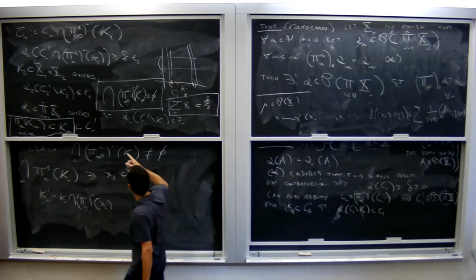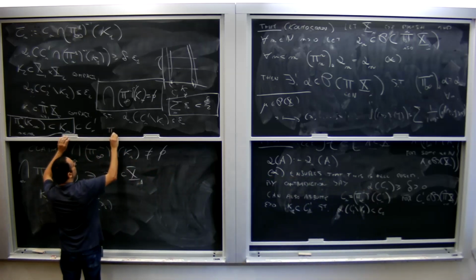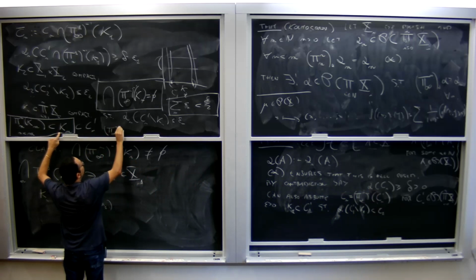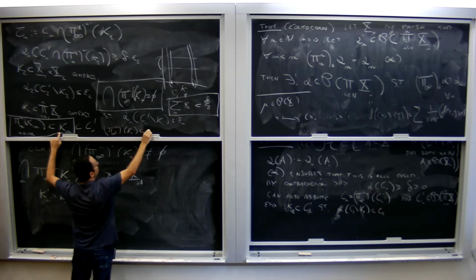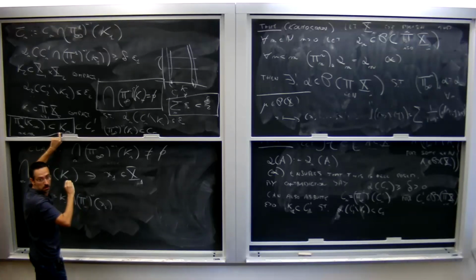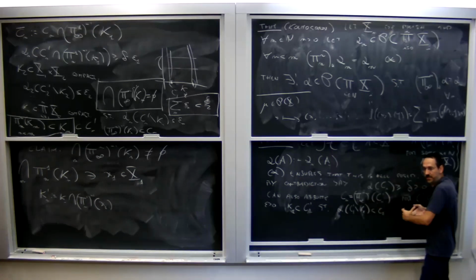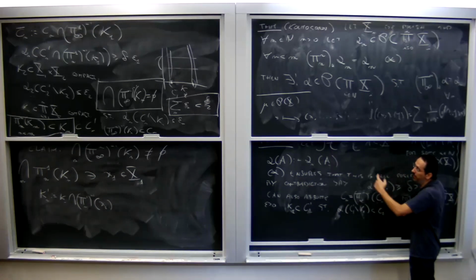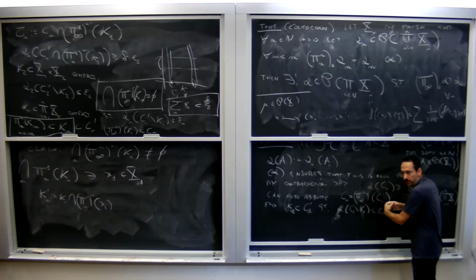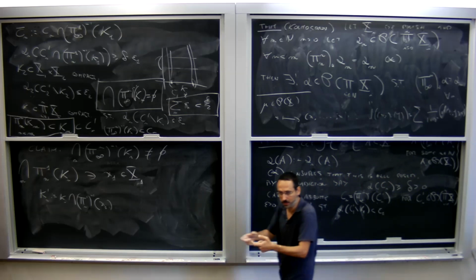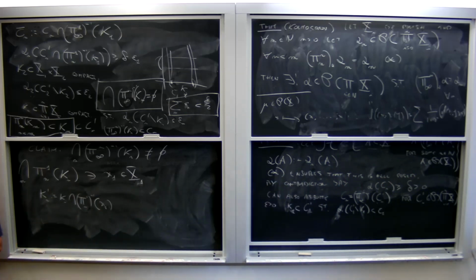Then again, my intersection is empty because of this inclusion, and the fact that the preimage via pi n minus 1 of Kn is included in Cn. Because of this, Cn is the cylinder built over some set. And I'm picking something which is included in the subset, and I'm looking at the cylinder built over it. So it's included in the original cylinder. But the intersection of all the Cn was empty. So by the really basic set argument, okay, makes sense. Did I forget anything?